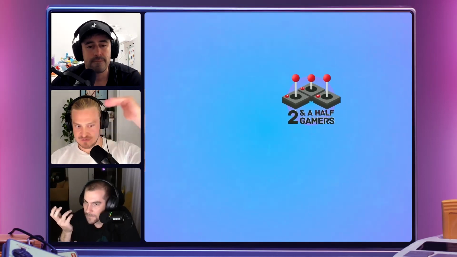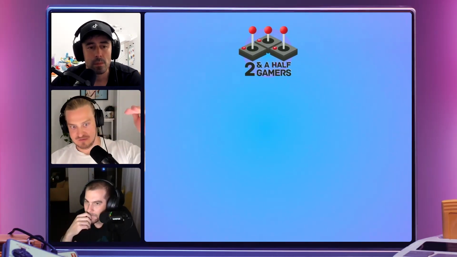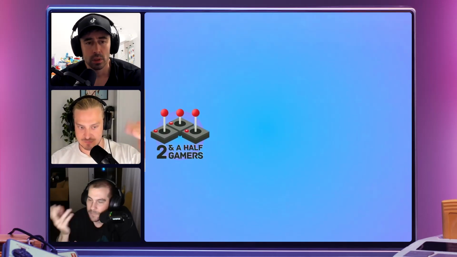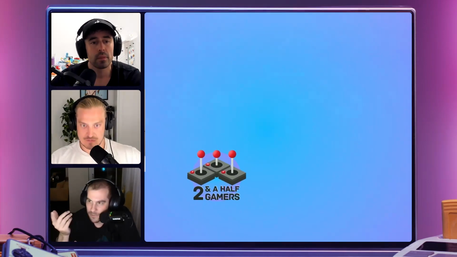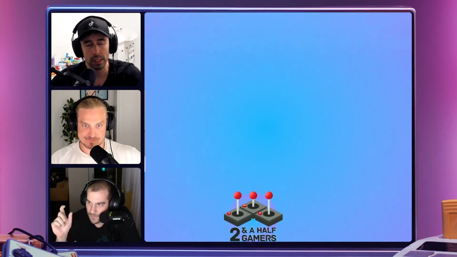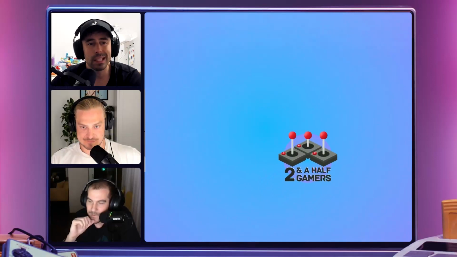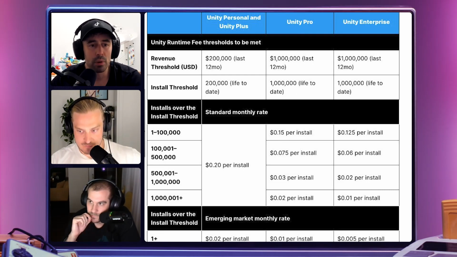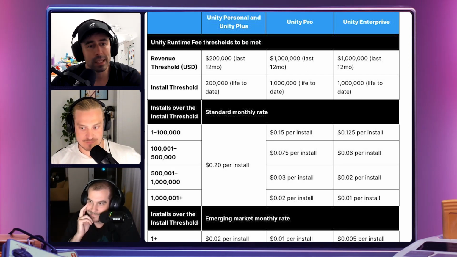So basically, you need to hit a certain revenue threshold, and then after that, that's when these costs basically start. So look, for those people not seeing the table, there are some brackets. Everybody sees the table, but let me explain. If a game or app meets the minimum threshold for eligibility, the Unity runtime fee is calculated based on the applicable rate, so the number of installs, the country of installs, and the user's Unity plan, which is multiplied by the number of eligible installs. Amazing. Makes sense, right?